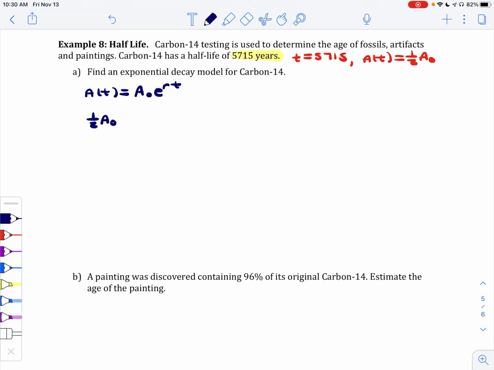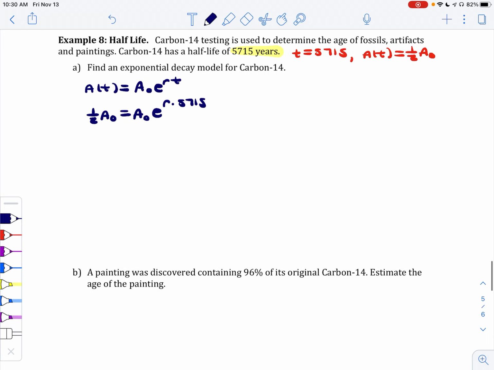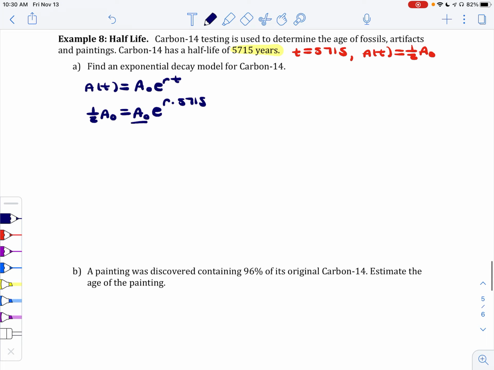So we'll have half of A naught is equal to A naught times e to the power of r times 5,715. All right, and we're going to have to solve for the rate because we don't know that yet. We need that in order to build our model. So just like any other exponential equation, isolate your exponential term by dividing by the A naught, and we'll get half is equal to e to the power of